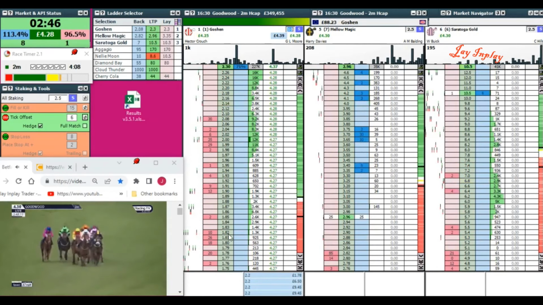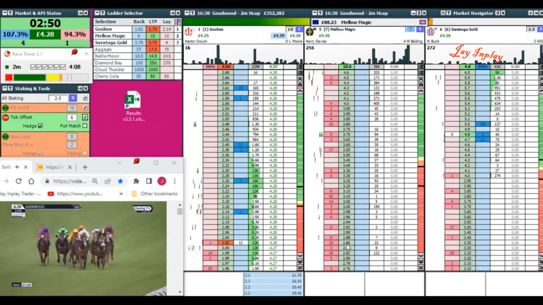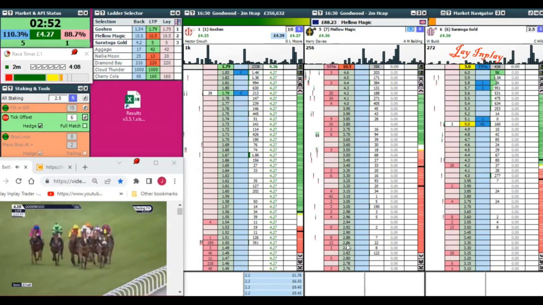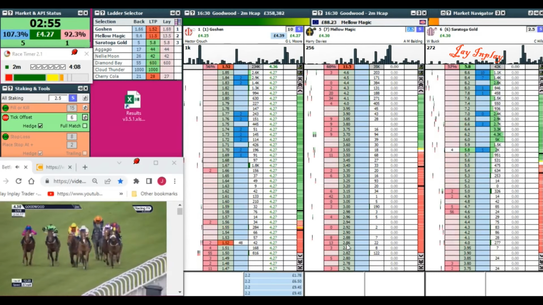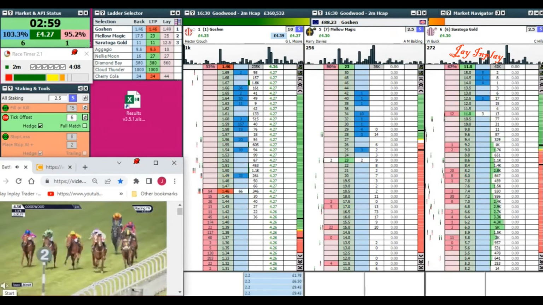Goshen's lead down to only a length as he tacks across towards the near side now. Giving chase is Mellow Magic in second, Nelly Moon, Cherry Cola, Agaggio, as they now race on towards the